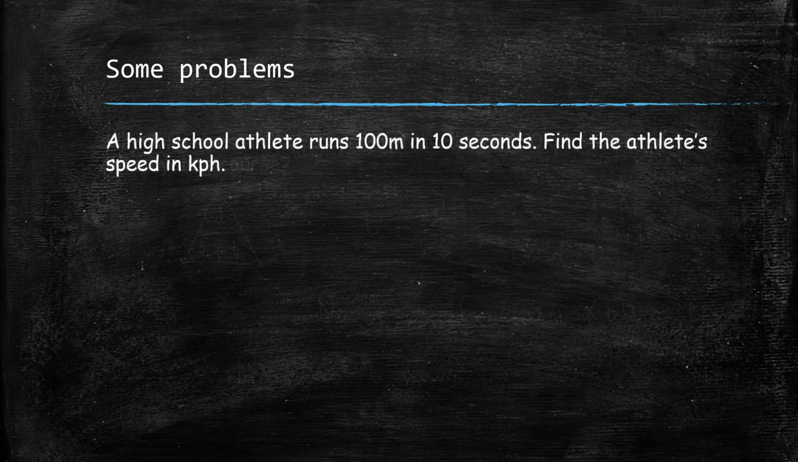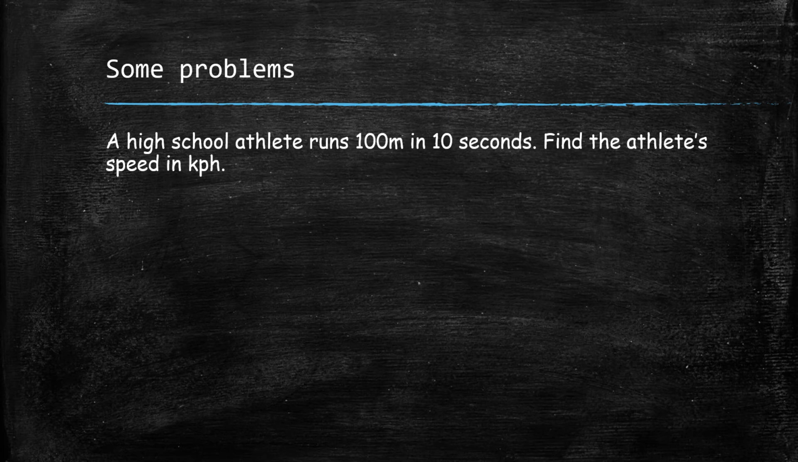Here is our final question. A high school athlete runs 100 meters in 10 seconds. Find the athlete's speed in kilometers per hour. This looks like a tricky question because we have the distance in meters and the time in seconds, but we're supposed to find the speed in kilometers per hour. You can do this in two ways. Either you find the speed in meters per second and then convert it to kilometers per hour, or you